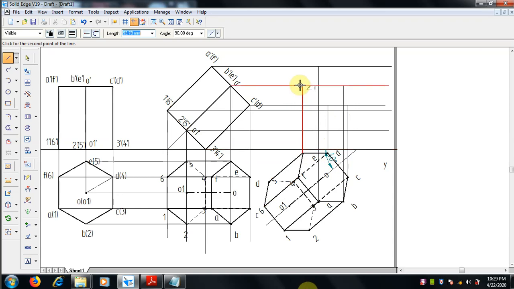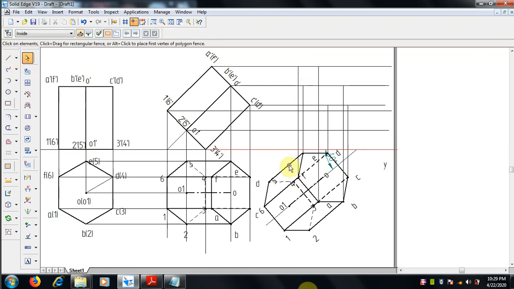This is the top where it comes E and F. E dash is connected with E dash. Okay, E with E, F meeting F here at the top. Okay, so this is the top face is over.